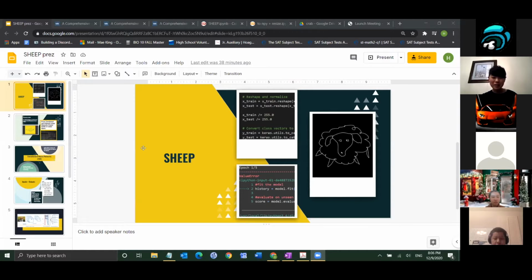The reason I chose this project was it's interesting to me that we are able as people to look at this weird image. It might be meaningless, and it's completely meaningless to anything like a computer, and then somehow we're able to recognize this and identify it as an object. And when we take a computer to be able to do this, it needs to be able to recognize patterns that we see as people. And this is why, I'll explain more later, my specific program is called Sheep,